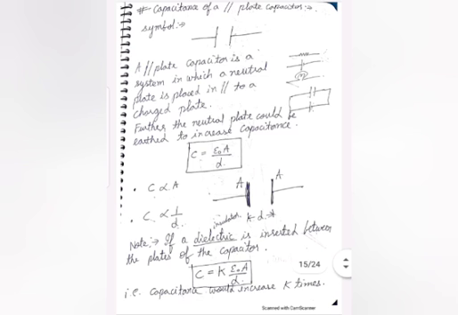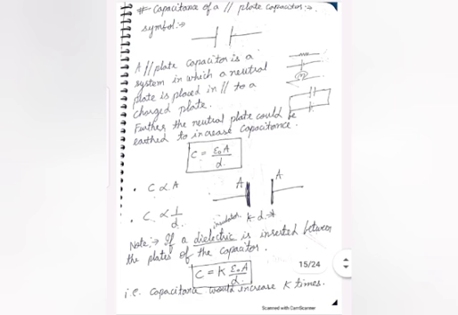Similarly, one more method we have got is that if the distance between the plates is reduced, then the capacitance of the capacitor would increase. That is, we will be able to store more charges and more energy in the capacitor. And one more thing which we can do is, if we insert a dielectric between the plates of the capacitor,